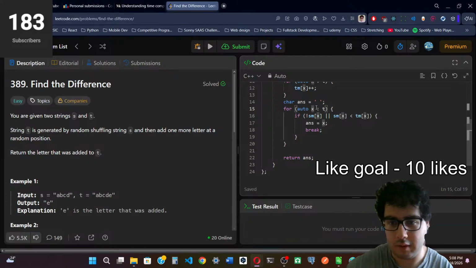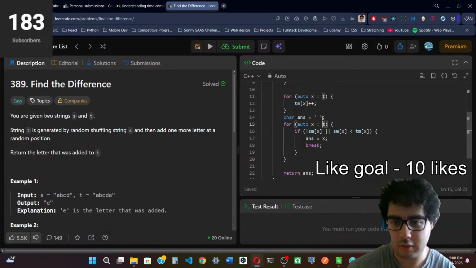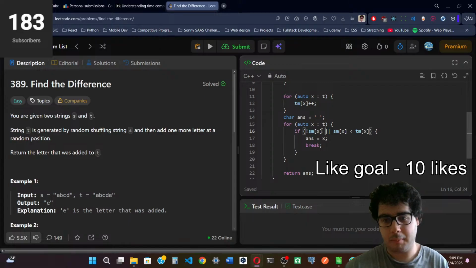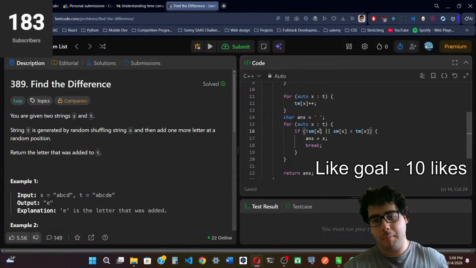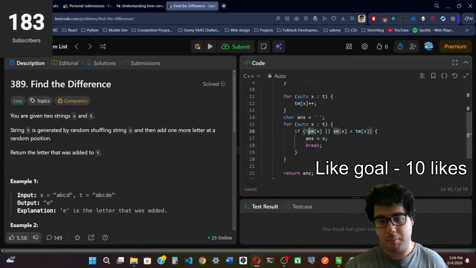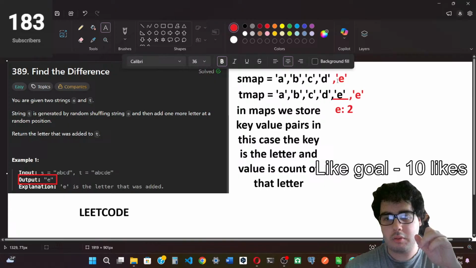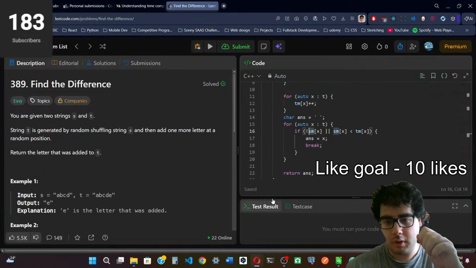So yeah, this edge case is important, because if you only check if the current letter inside of T is not present in the S map, then this might not be true, because it might be present in the S map, so they could have the same amount of key value pairs. But if the T map has the same letter and that letter is counted more times than in the S map, for example, in the S map we have one letter E, as we saw here, and in the T map we have two letters E, that means that we also need to say